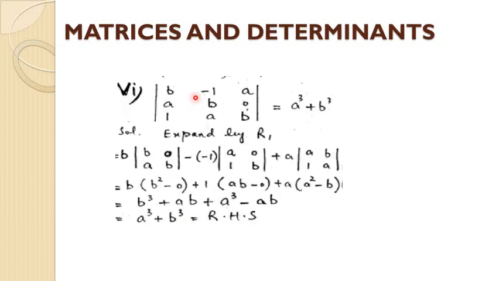Now this is the simplest question, part 6, expanding by row 1. Okay, what is row 1? Row 1 is this. So again the simplest question. B is here, first row, first column closed, B 0, A, B minus. The simplest question that you have learned from the previous lecture. There is no property.